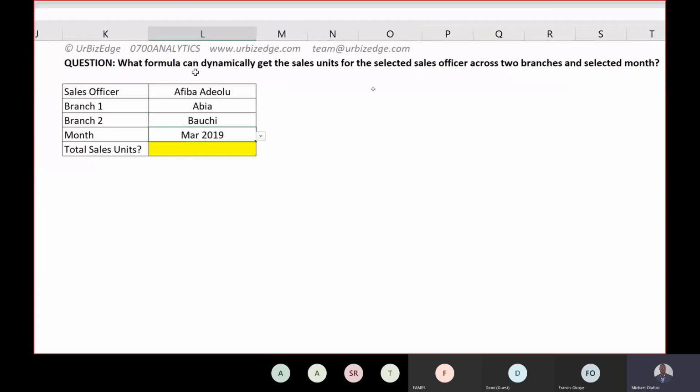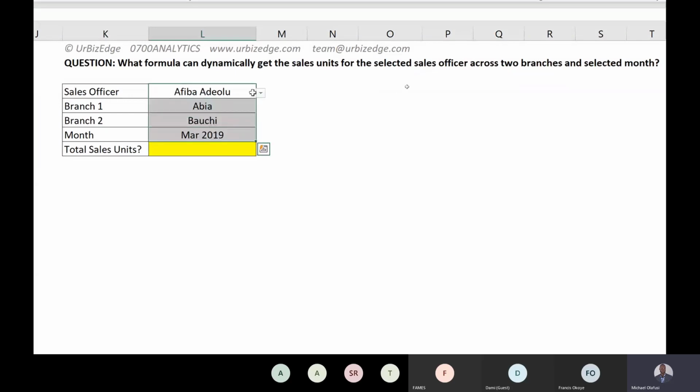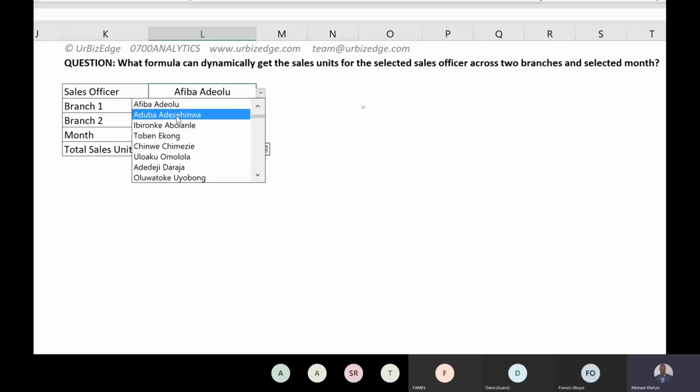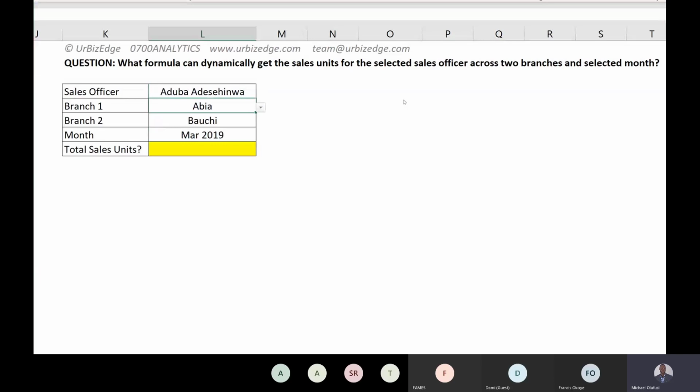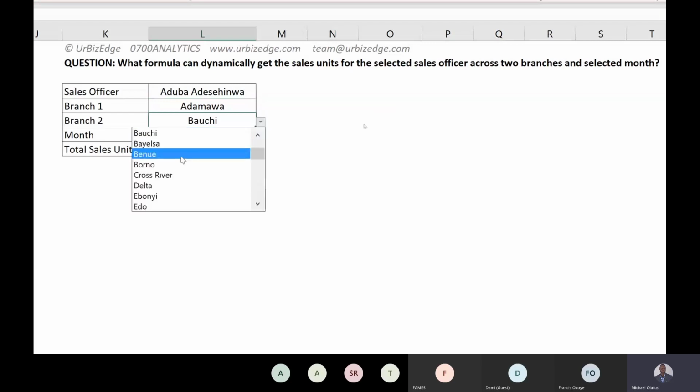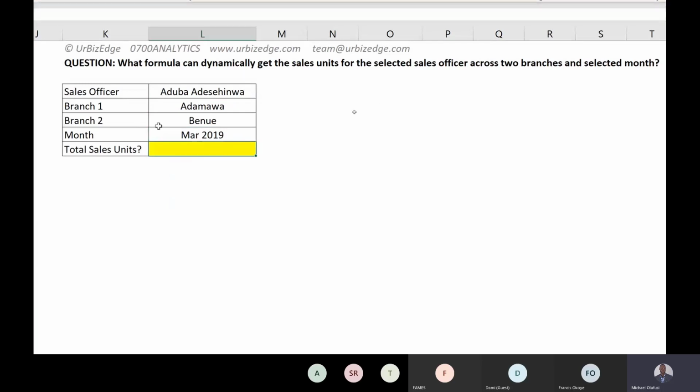And so you want these things to be dynamic, such that I can come here, pick a different salesperson, pick a different branch, and even pick a different second branch, pick a different month, and the answer will always compute to give me for that person, for those branches and that month, right? So for something like this, a